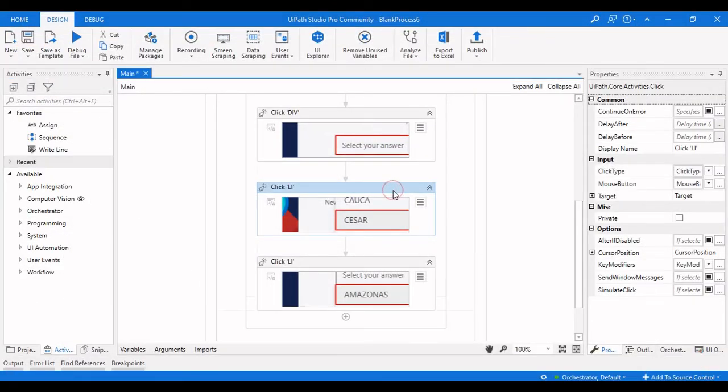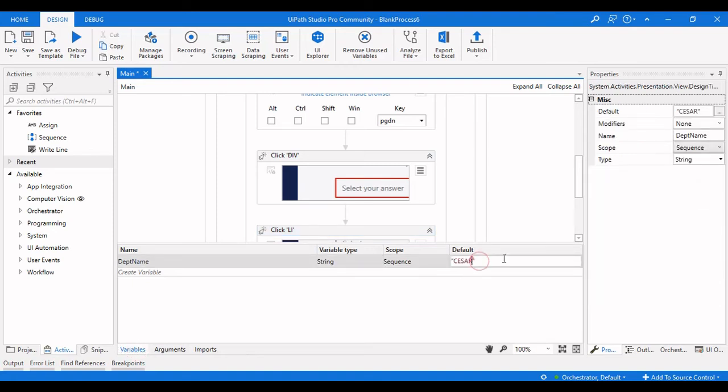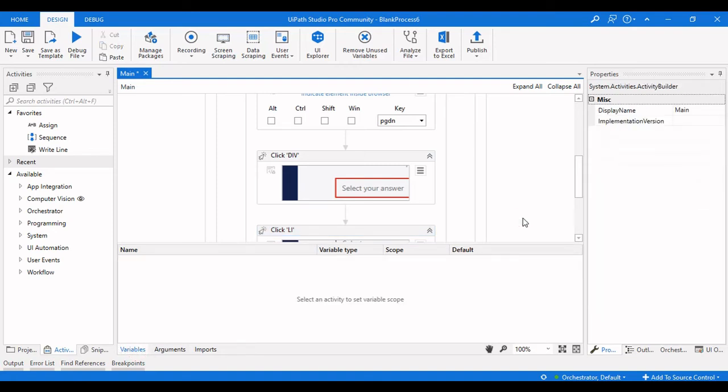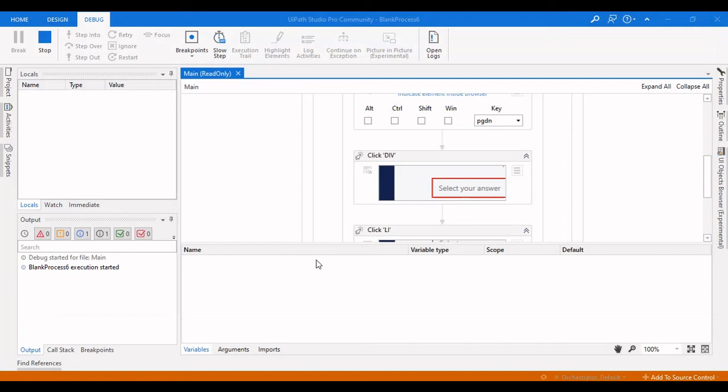So let us try that out by giving a space after Caesar. Let us try to do this and just run it again. Maybe that was the issue, because we only gave Caesar, but there is a space after the R.